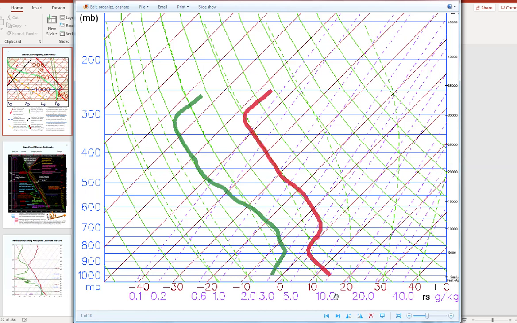Let's follow that. Here's another one. Okay, and we'll do one more here. And one interesting thing I'll point out is notice that down low and further to the right on the diagram, this of course being more right and this more left, further to the right on the diagram, the dry adiabats,